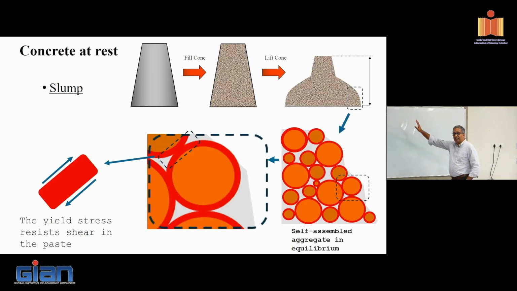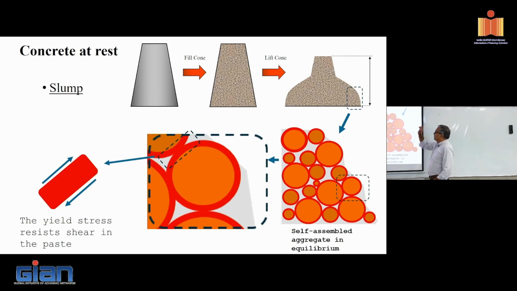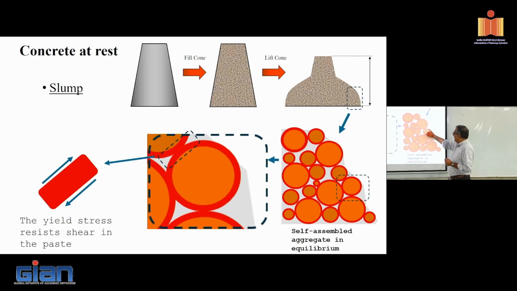So now, suppose I go back to this here. I'm now looking at the concrete scale: aggregate, coarse and fine, with paste in between. When I fill the slump cone and pick up the cone, it comes to rest in this position, right? Now suppose I take some part of this and zoom in. I'll see an arrangement of aggregates in a static condition, somehow holding their position, with paste filling the gaps. It's not like this deeper color is a different paste; I've just demarcated the coated aggregate with that deeper color.